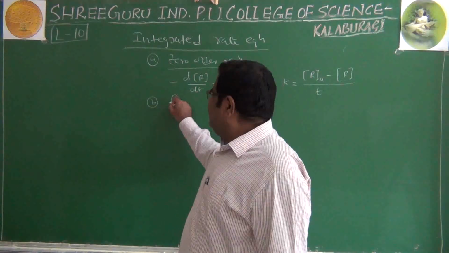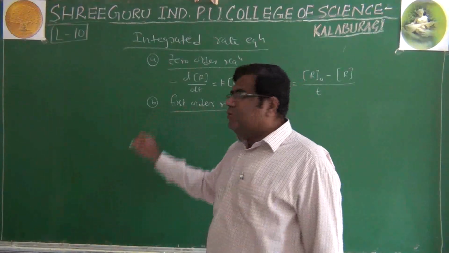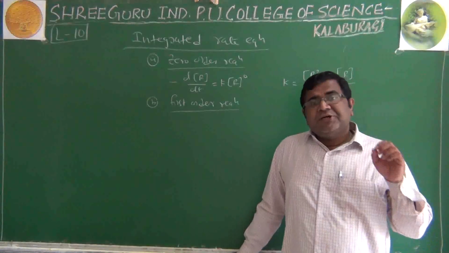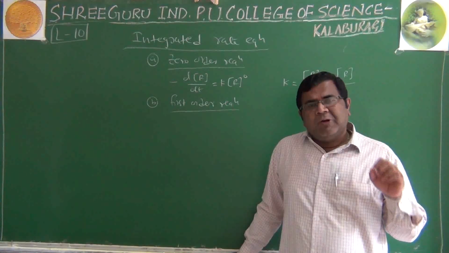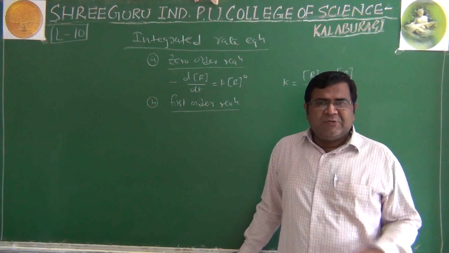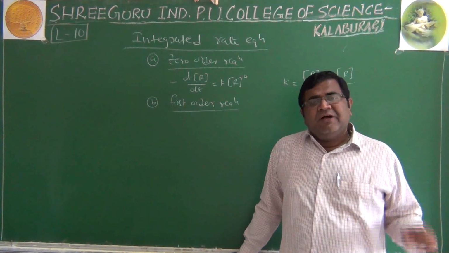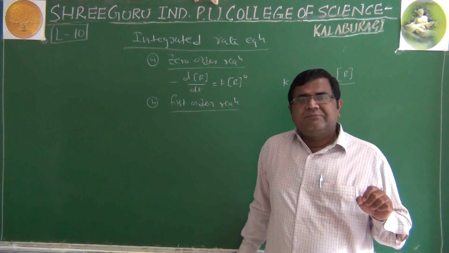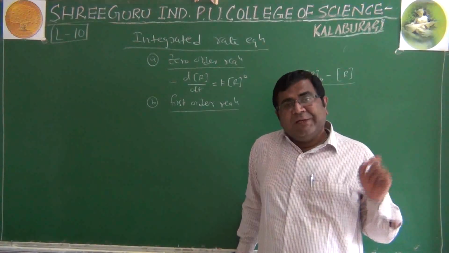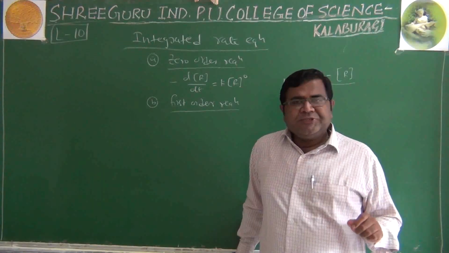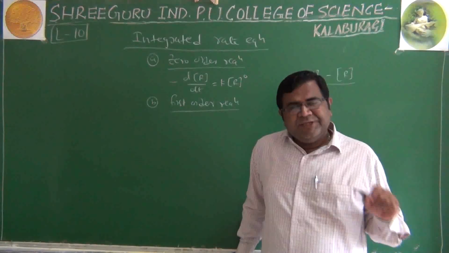Then we first defined the first order reaction. We said those chemical reactions in which the rate of reaction is directly proportional to the first power of the concentration of reactant are called first order reactions. We have seen 4 examples of it. Hydration is addition of water. Hydrogenation is addition of hydrogen. We added hydrogen into it. So hydrogenation of ethene to form ethane.